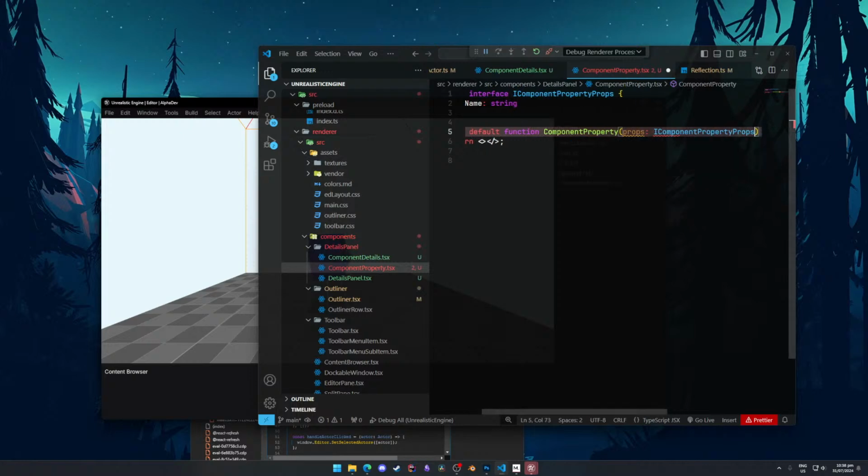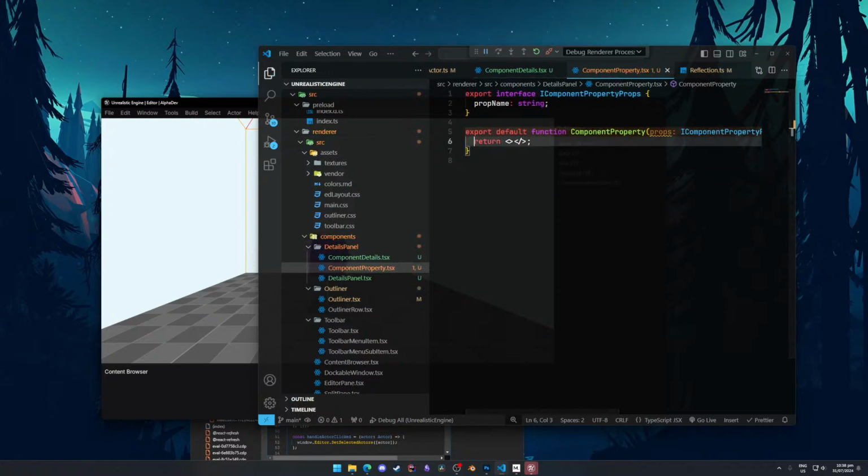Component props. Okay, so now if I just print prop name, maybe as a list item just to be sort of clear on the syntax here, but